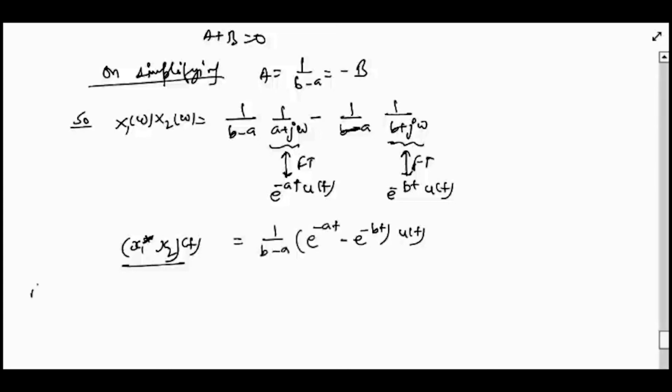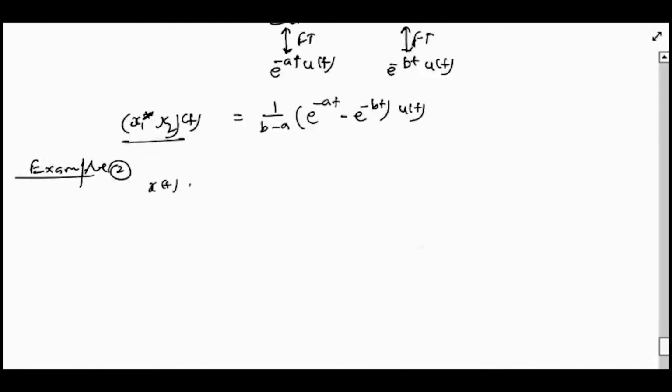Let's see another example. I again take x(t) to be e^(-at) u(t), where a is positive. Now I am interested in the convolution of x with itself. We see that we cannot use the partial fraction expansion used above. However, I can use the convolution property along with the derivative property to compute this convolution. To see that, observe that x star x (t)